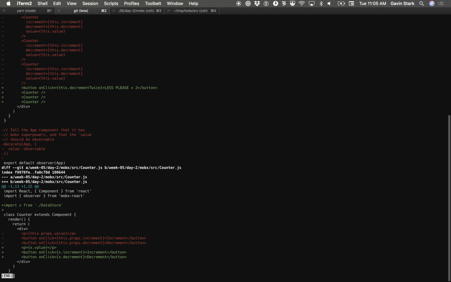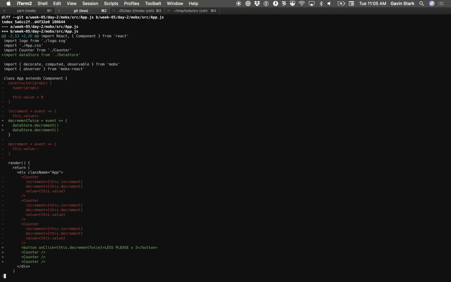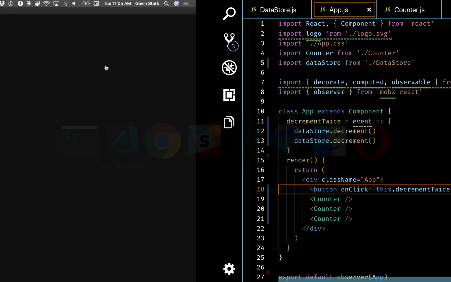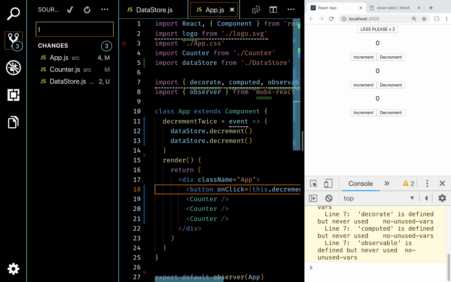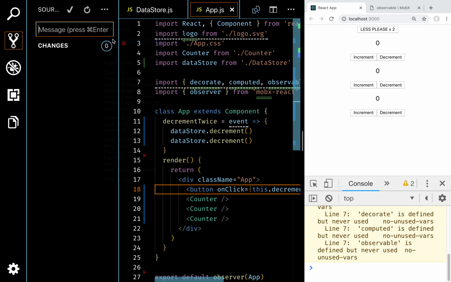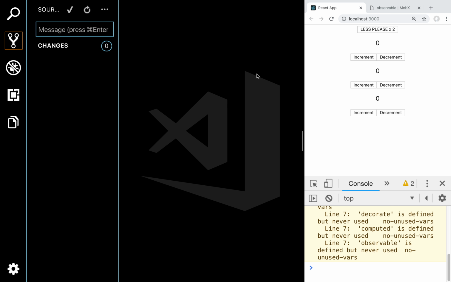What did we do here? Yeah. This is a data store. So here, we implement and use a data store. So let's save this, and let's push this. Let's close all of this,